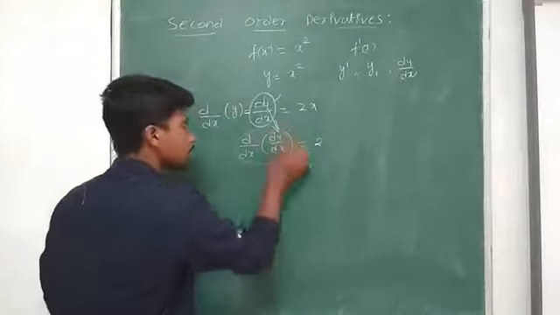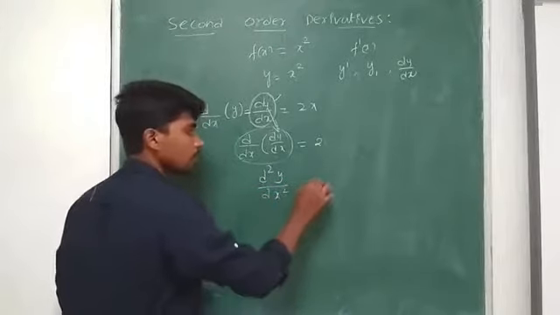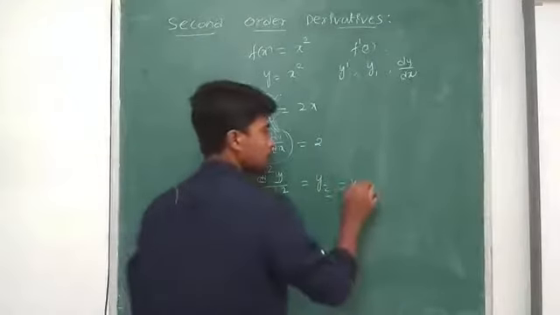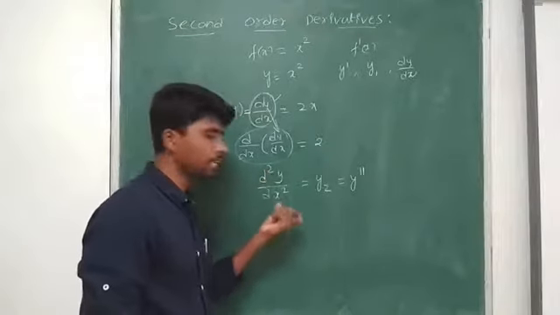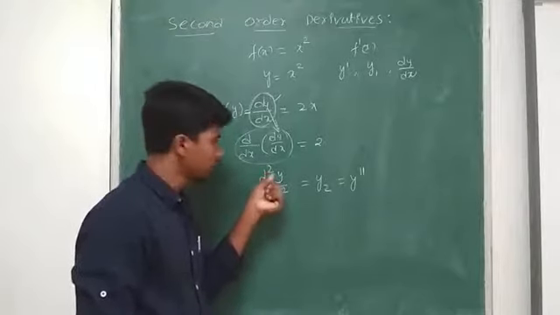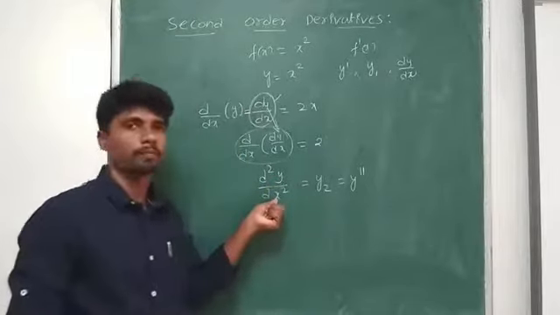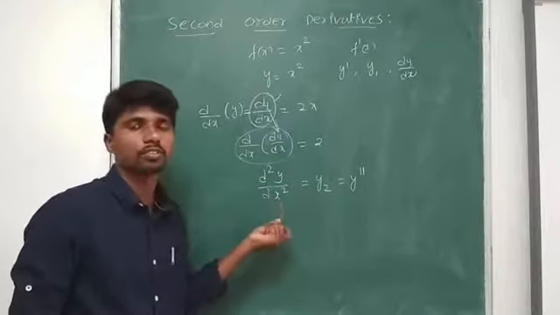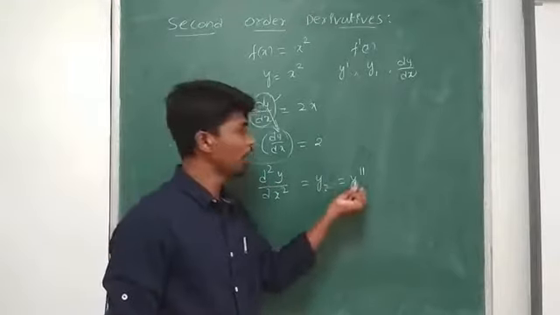Now, how do I write this particular thing? I can rewrite this in this way or this way. What we read is d2y by dx square. d2y represents the derivative twice, meaning the second derivative of y with respect to x. So in general we read it as d2y by dx square, or y2, or y double dash.